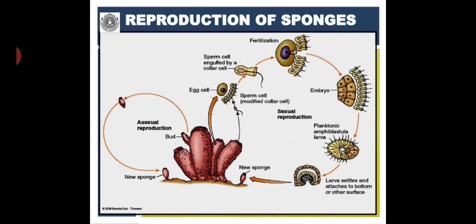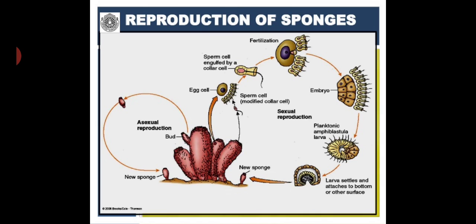Coming to the other details of reproduction of sponges, as I said, they reproduce both by asexual and sexual methods. Asexually, they generally reproduce by budding, and in this slide you will be observing the lateral buds or the daughter buds produced by a typical sponge known as Sycon. And on the right hand side of this slide you observe the liberation of eggs and